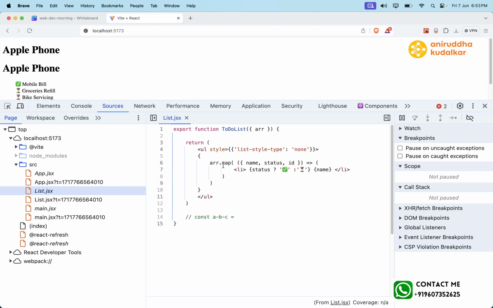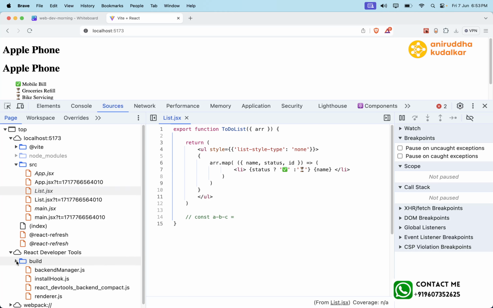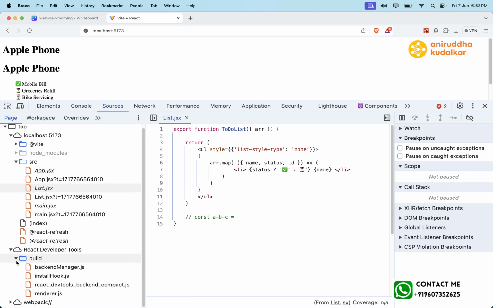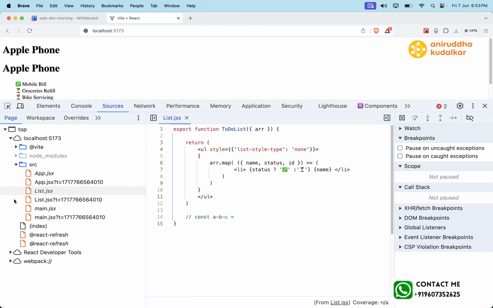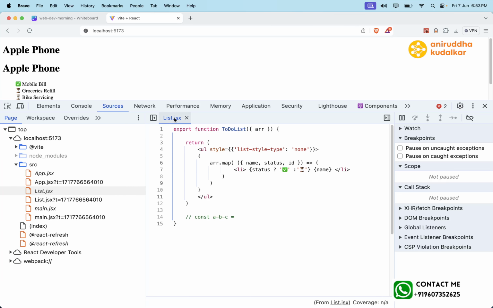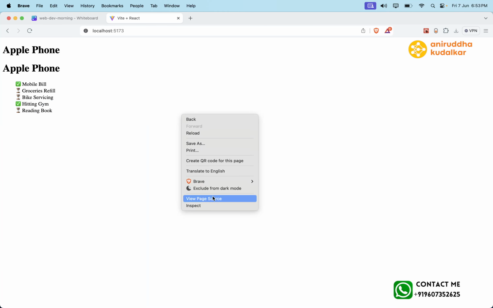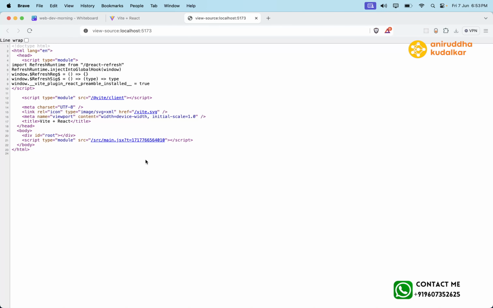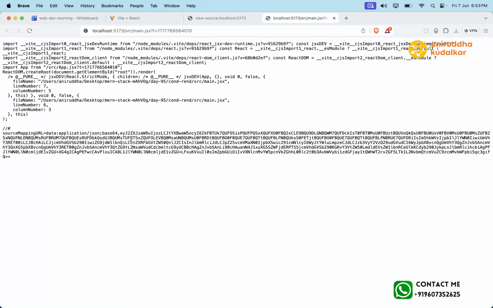Okay, so it is showing you the JSX code only. Let's do it this way instead: view page source. Let's go to the main.jsx,